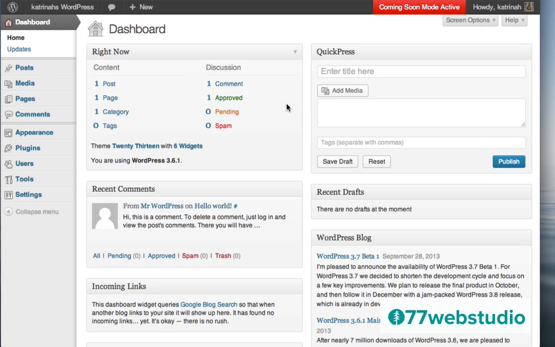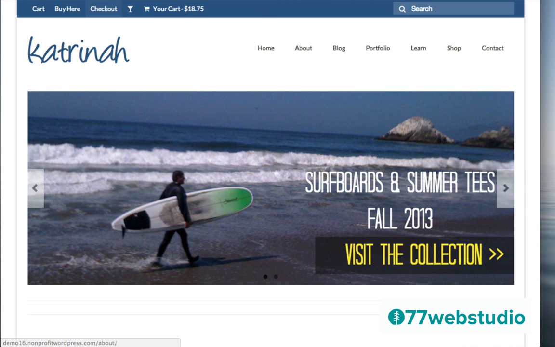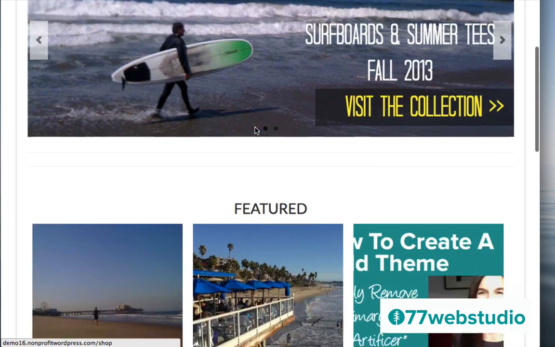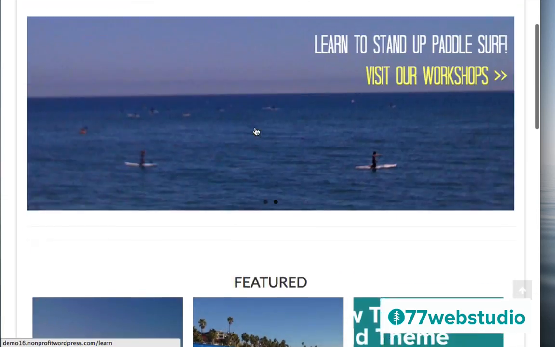So here we are on the dashboard. To take a quick look at what the website looks like now before doing anything, just from the very beginning, if you go to the top and click on Visit Site, here we'll see what the WordPress site looks like right now. So this is what you will see when you first install WordPress. We have quite a lot of work to do because this is where we're headed toward. We're going to be building out our website so that it looks something like this.